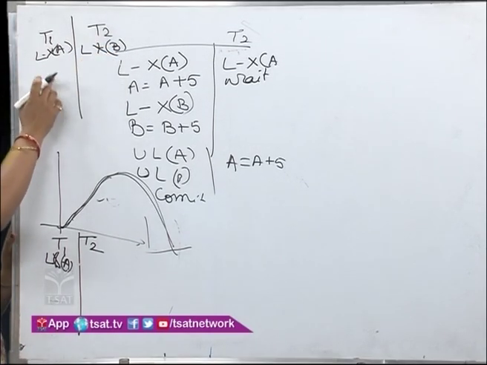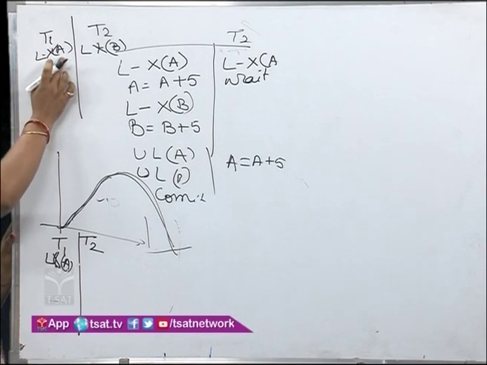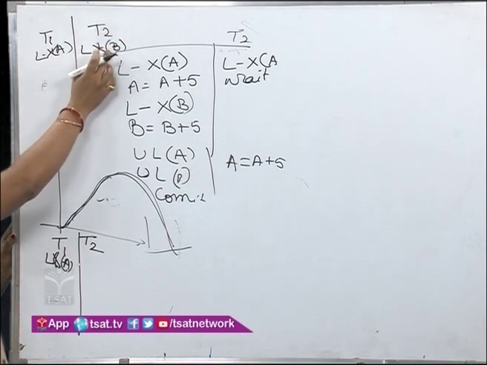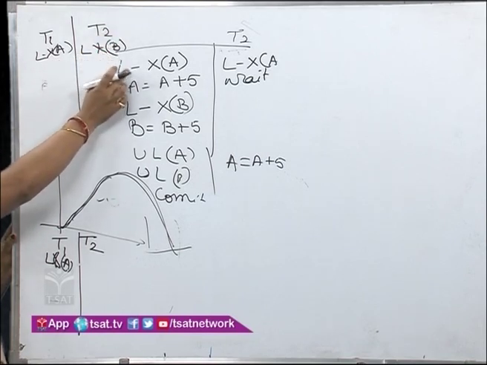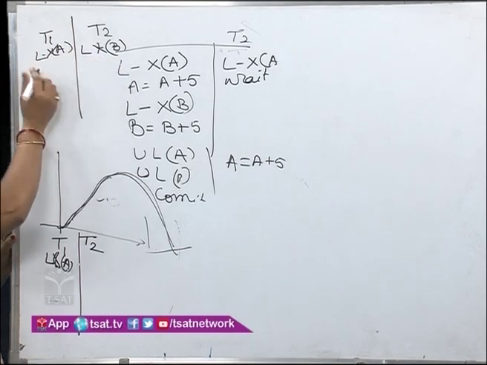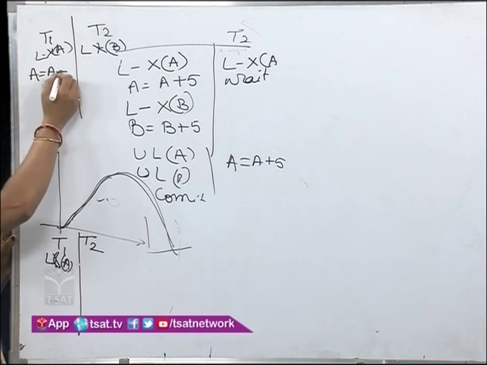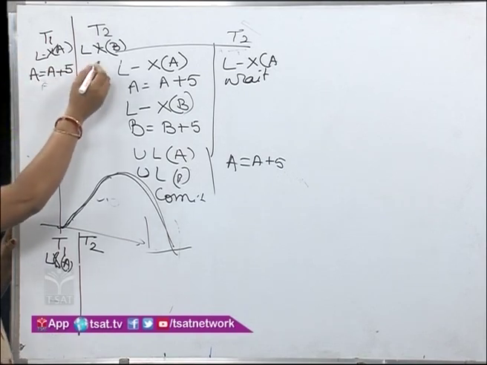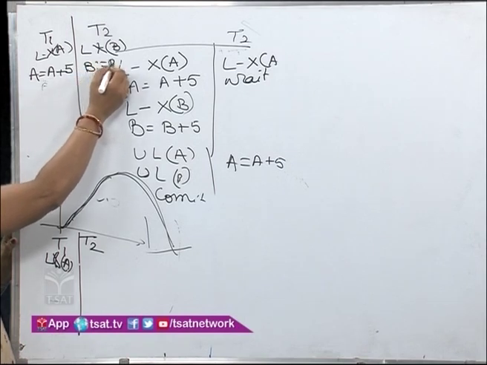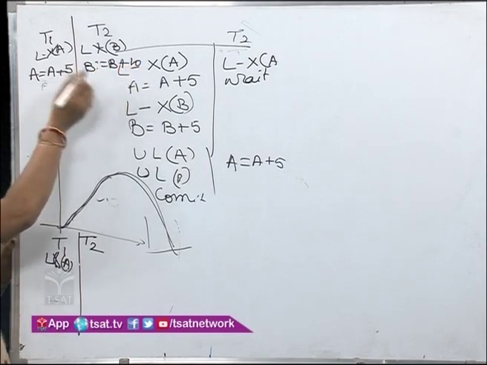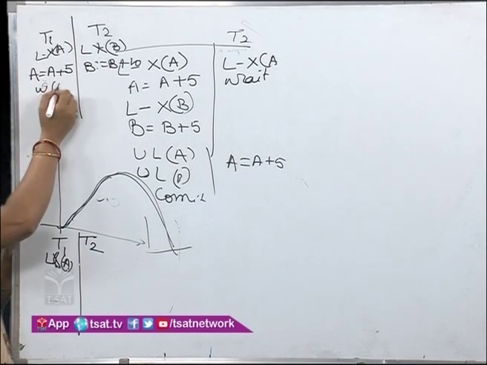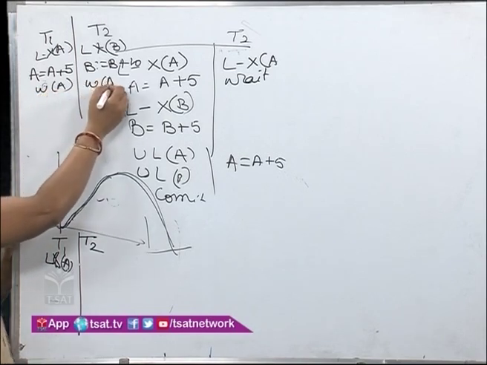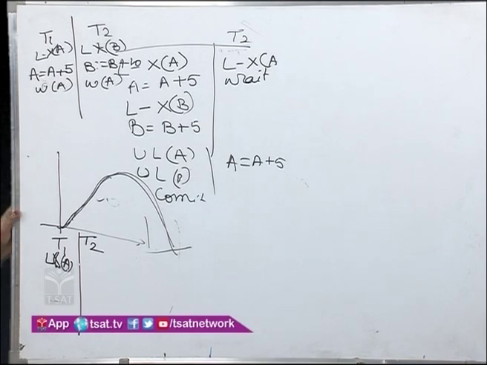Exclusive lock on B. So when it applies an exclusive lock on A, it can use A, read as well as write. T2 can write the values of B as well as read. Fine. So now here it has changed. This teacher has changed the A value, A plus 5 she has done. Now this teacher has changed the B value to B plus 10 marks added. Now this teacher has written back to the database, and this teacher also has written back the value of B onto the database.